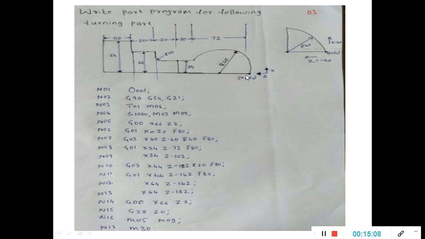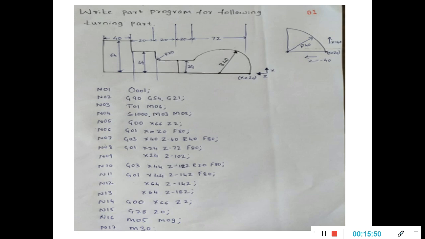For the turning operation, the end of the workpiece from where you are going to start the turning operation should be taken as the origin, X0, Z0. The values towards the workpiece are negative values, and the upward values are positive values. In this particular program, initially the counterclockwise circular interpolation is used, G03, then linear G01, then clockwise circular G02, then linear, linear, linear.